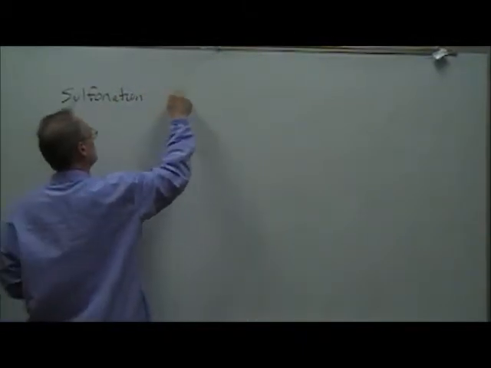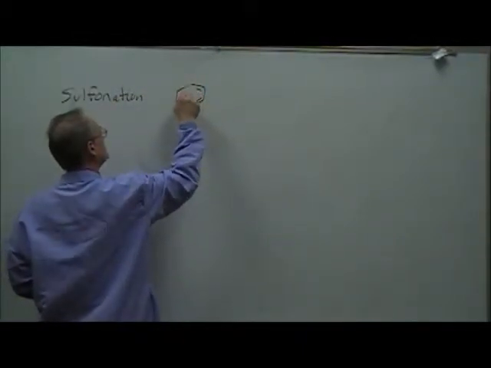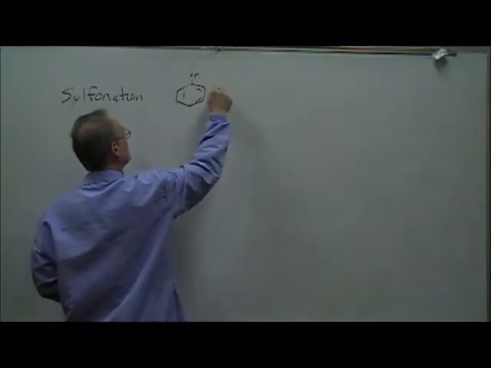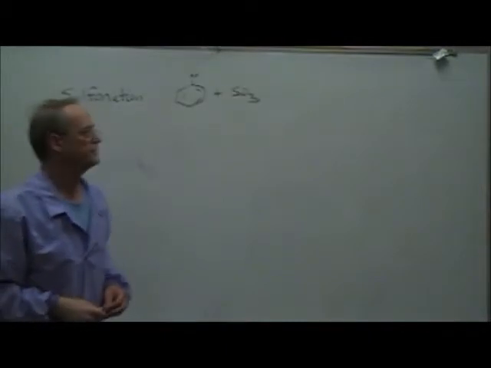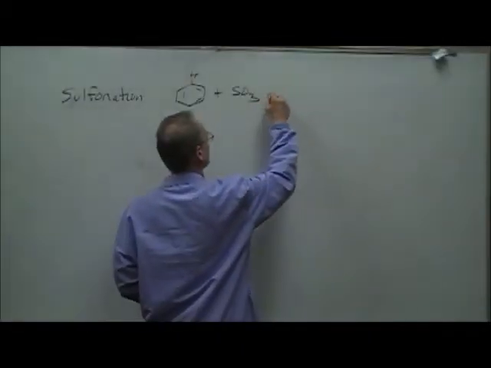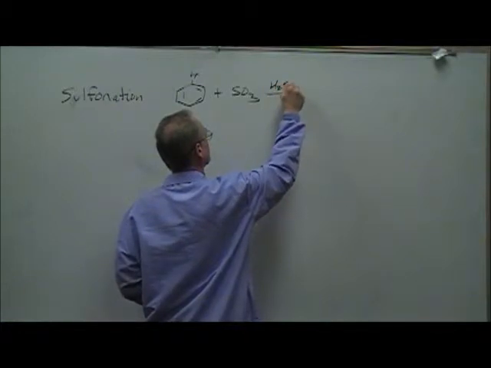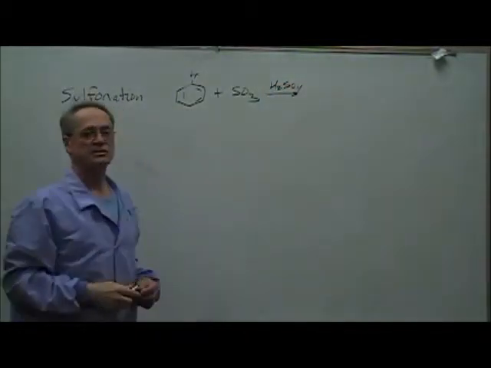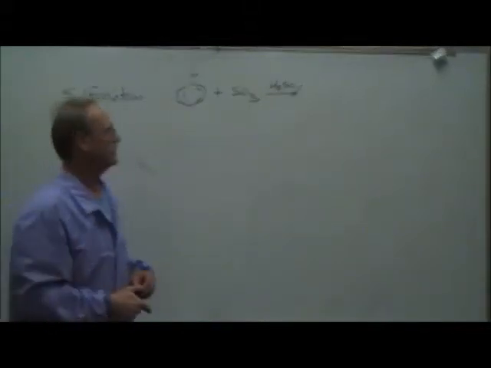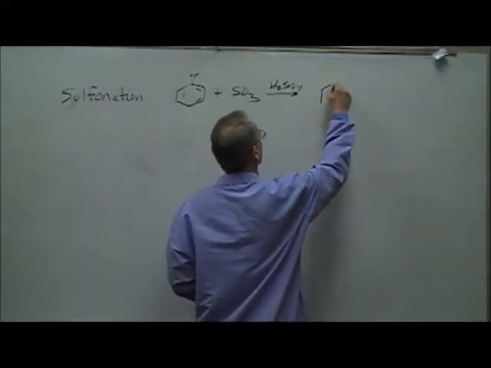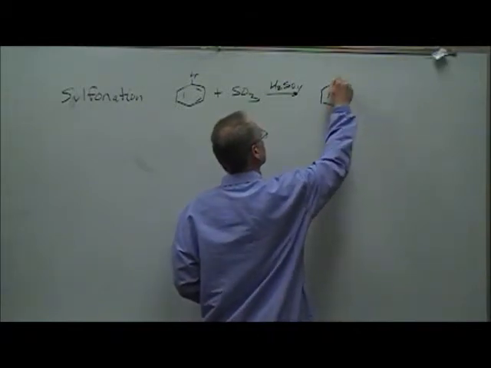Here's the balanced equation for sulfonation. Benzene ring with hydrogen, and the reagent is going to be the SO3 part of the fuming sulfuric acid. So the SO3 is actually the reagent, and again the sulfuric acid is simply a catalyst. Okay, so it's going to be in the mechanism, but it's going to come back out again at the end of the mechanism. And the product is benzene sulfonic